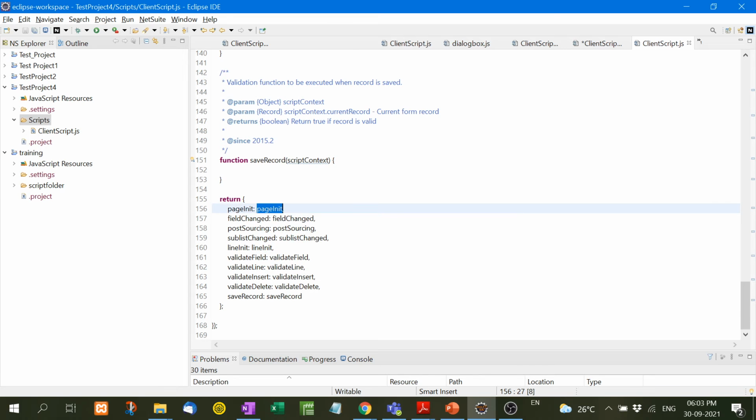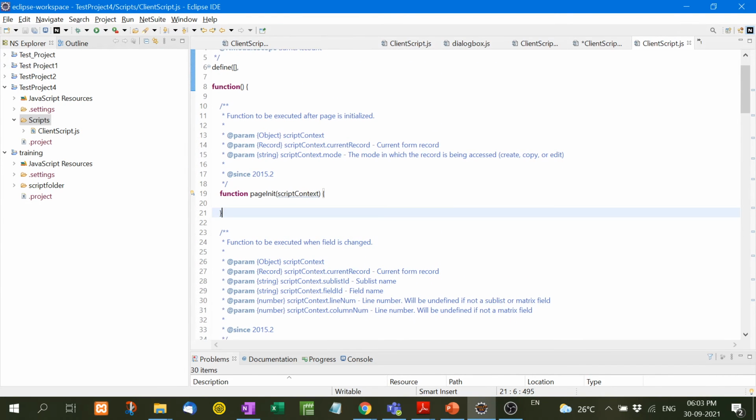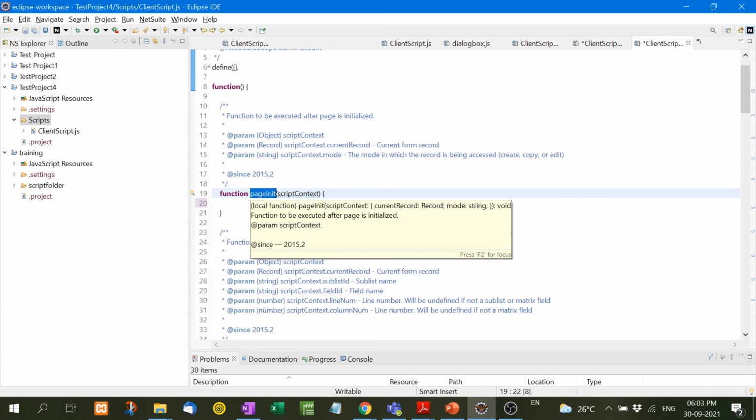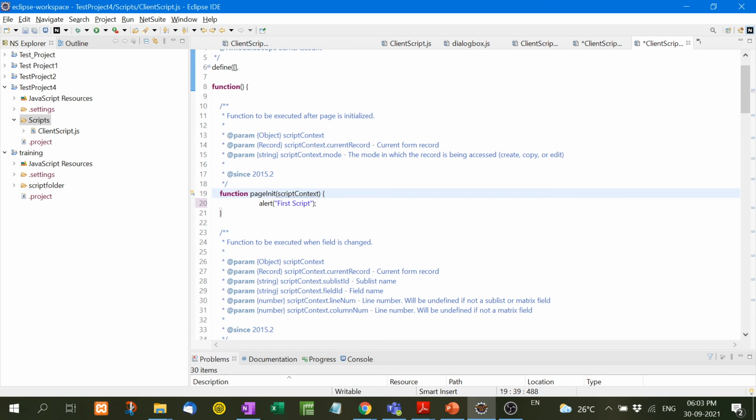Suppose if I write something in page init function like alert first script, so as soon as the page loads, I have to associate this script file with a certain record, and as soon as the page of that particular record is loaded, immediately page init event will take place, and then page init, it will alert this message.